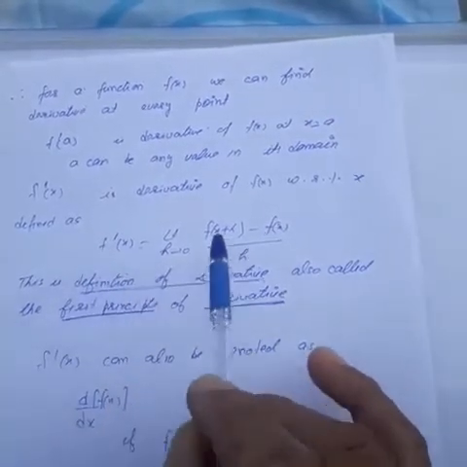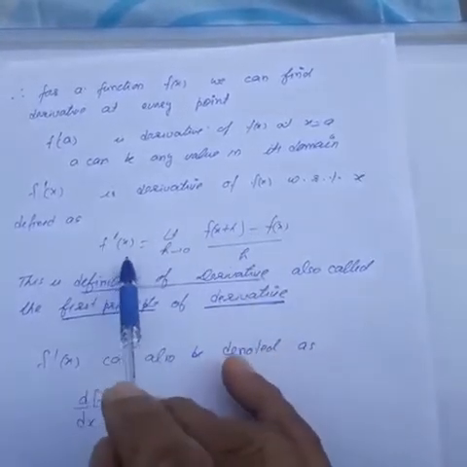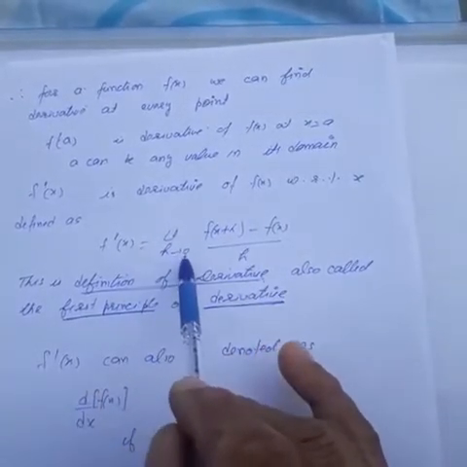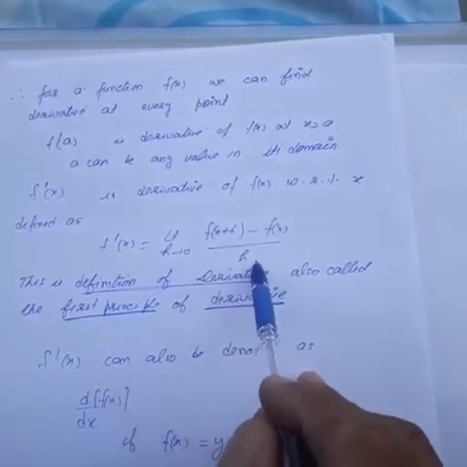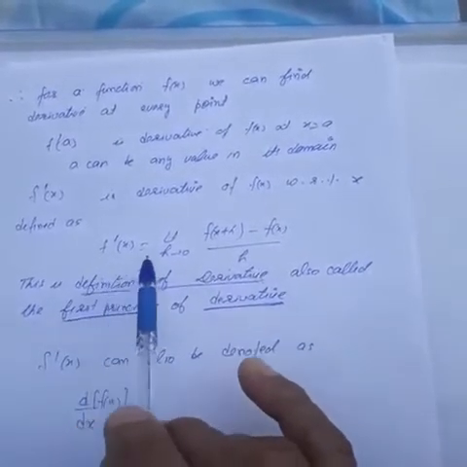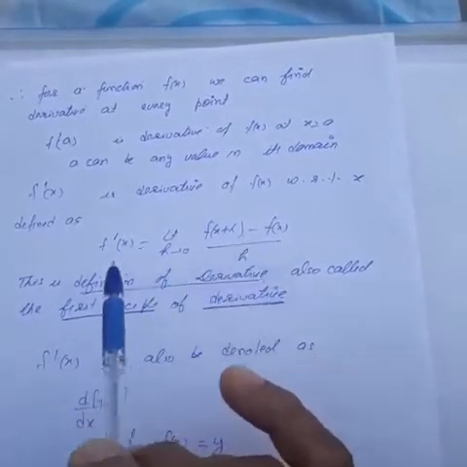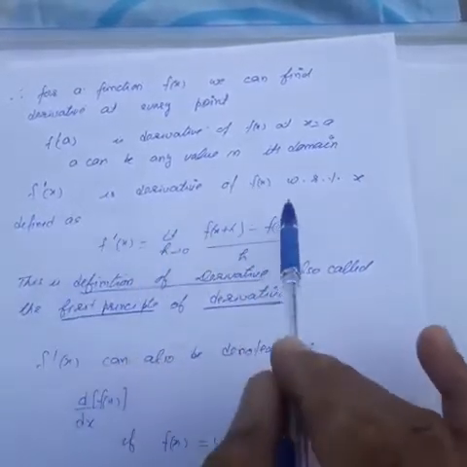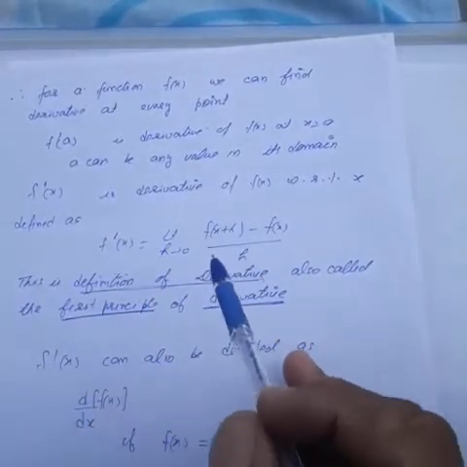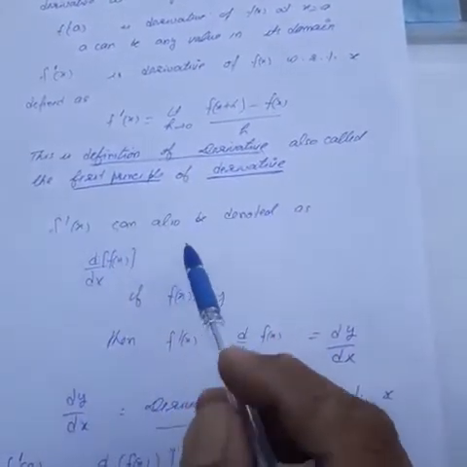So this is the definition of the derivative. It will be used in the questions. f'(x) is equal to limit h tends to 0, [f(x+h) - f(x)] upon h. So whenever you are asked to find the derivative using the definition or using first principle, then we will use this limit method. So to understand, now we will discuss a question.